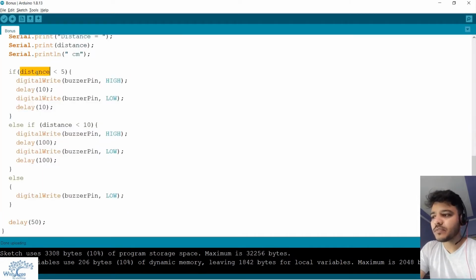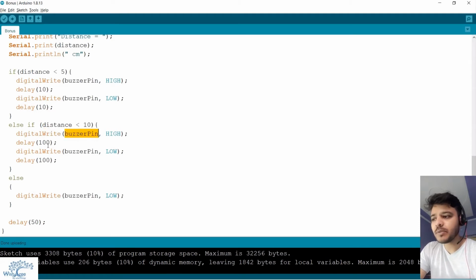We are measuring: if the distance goes below 5 centimeters, then I'll switch on the buzzer, wait for 10 milliseconds, and then switch off the buzzer and wait for 10 milliseconds again. So this will create a fast beep, because there is very little time in between. Then I check if the distance is more than 5 but less than 10 centimeters.